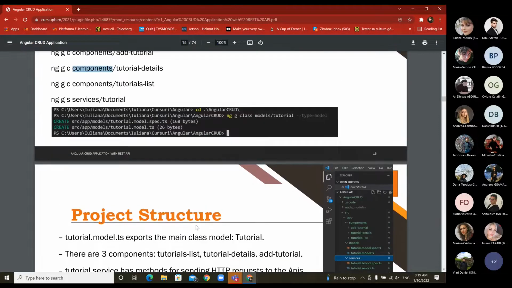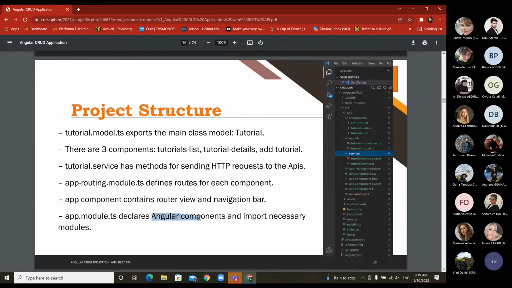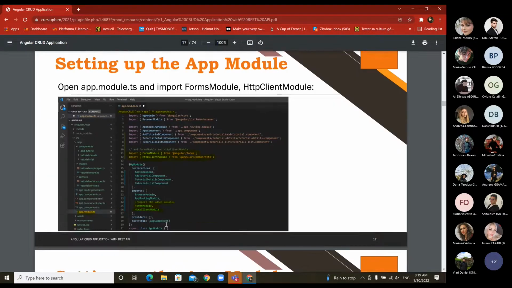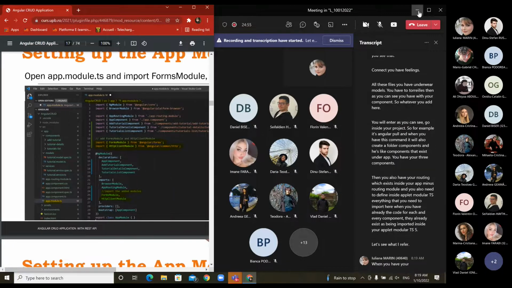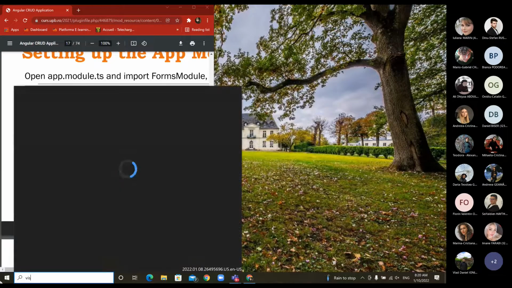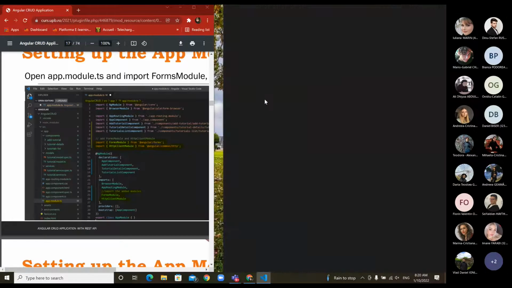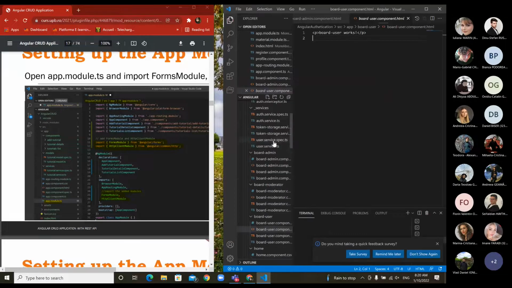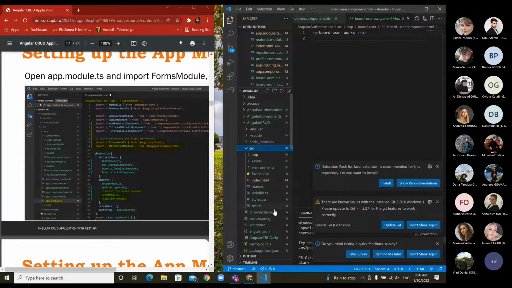Here, when you have already the call for each and every component, they already exist as being imported inside your app.module.ts file. Let's see to what I refer. When you have your app.module, open it here in Visual Studio Code. You have the part Angular CRUD. Let's see. Part Angular CRUD, you have it inside src. And inside app.module.ts,